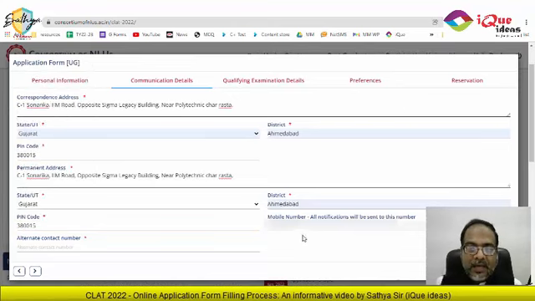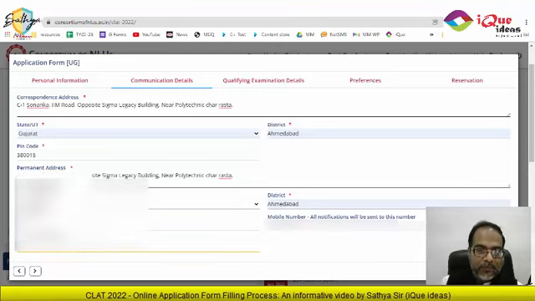The mobile number they are confirming. The mobile number is the one using which you have registered. So this is something which cannot be changed. You will be receiving all notifications to the number using which you have created this account. An alternate number is asked. So in case the first number cannot be sent, the alternate contact number is the number on which the details will be sent. So now I have filled in another number on which I may be receiving my messages.